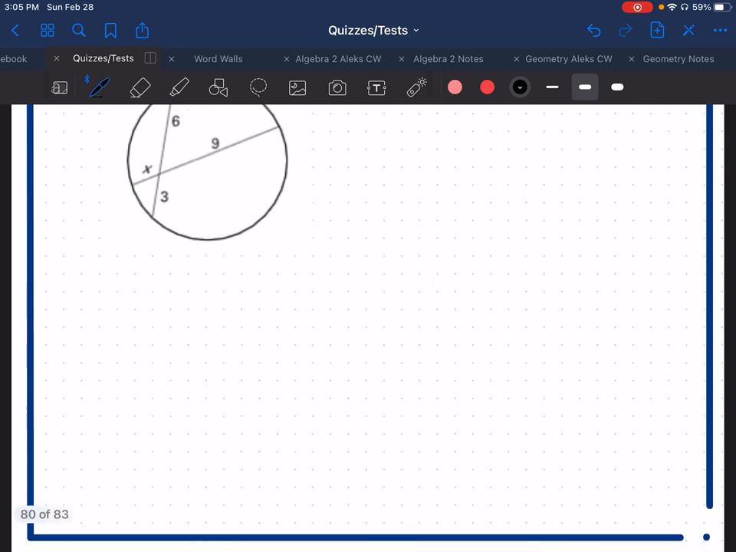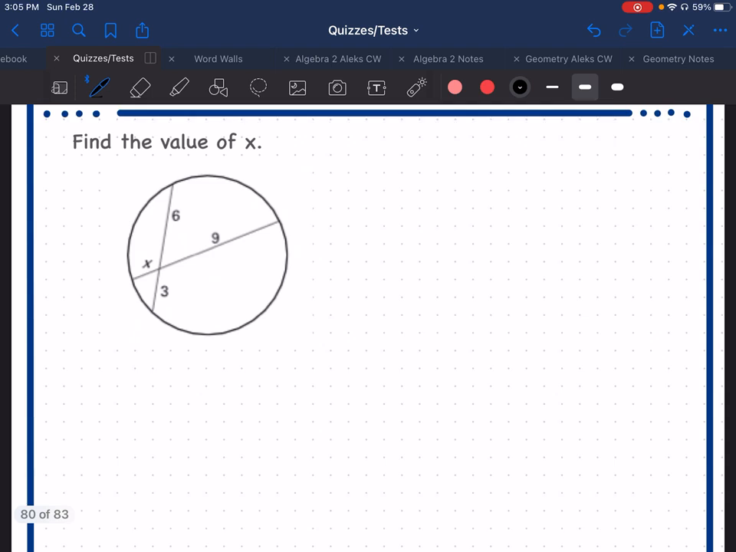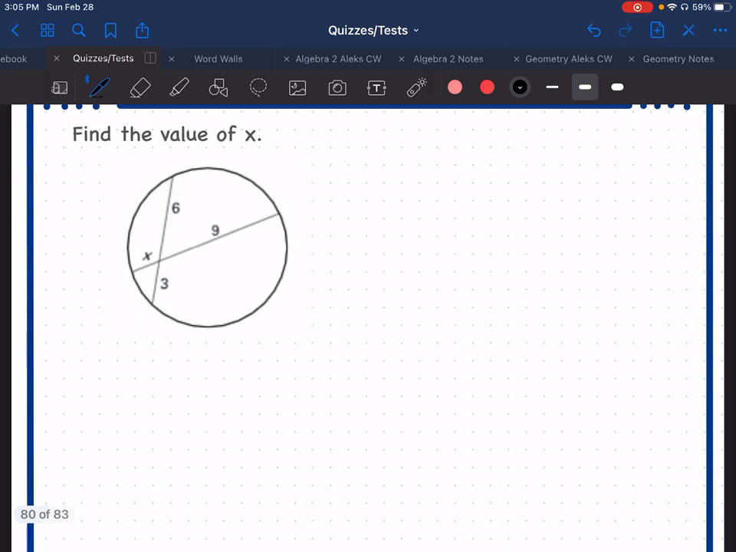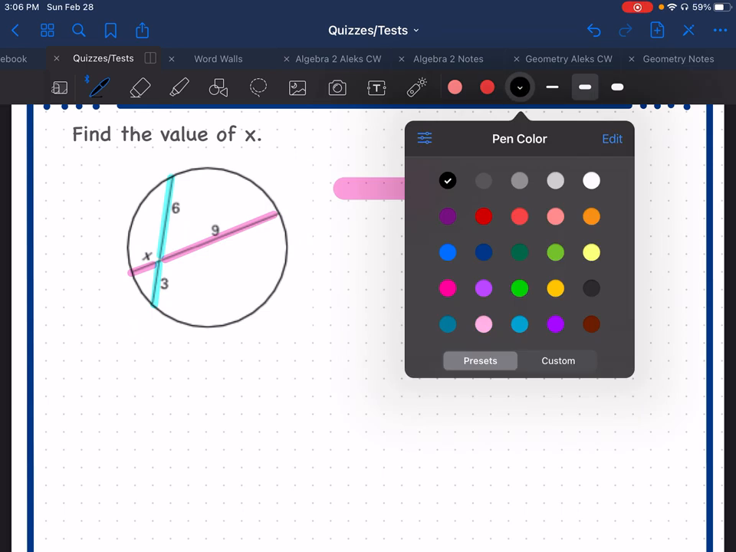All right. And I do believe this is our last question. Find the value of x. So this came from our last lesson, and this is the one where we took our two chords and we thought of them as being in pieces. We thought of them as being in pieces. And we said the pink piece is